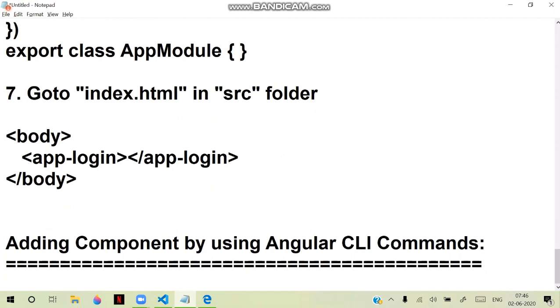What is Angular CLI? Angular CLI is a command line tool. This command line tool provides commands. By using these commands, you can make the development